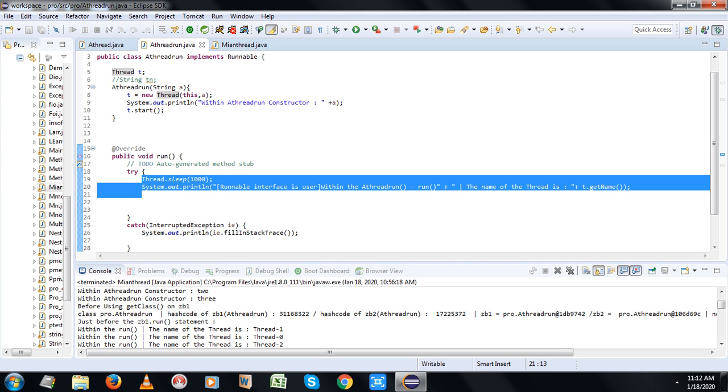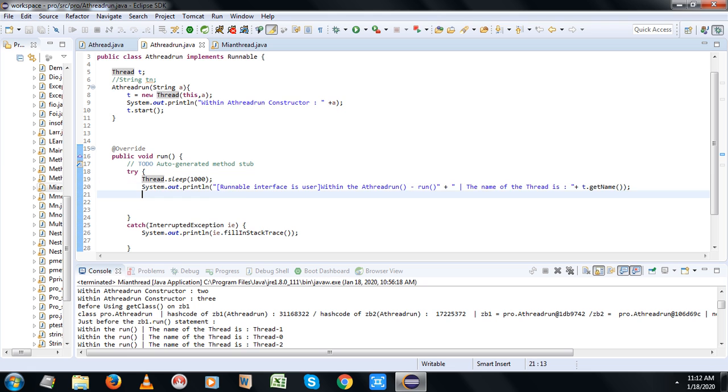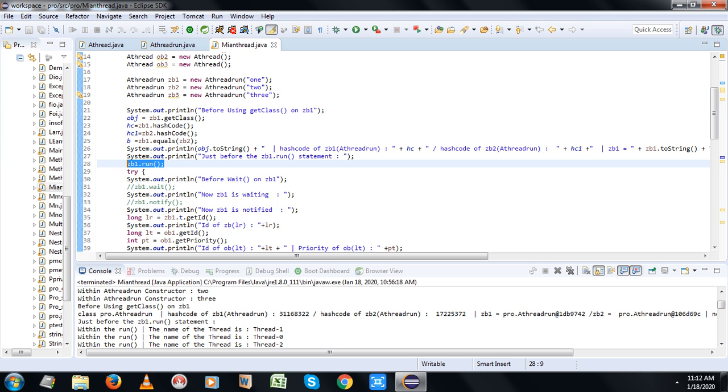Why, before that statement got printed, have a few other statements been printed? Why is it so? We have given the thread a chance to suspend for some time, right? In the run method, if you notice, the thread is suspended for some time using the sleep method. So Thread.sleep, I have given 1000 as the value